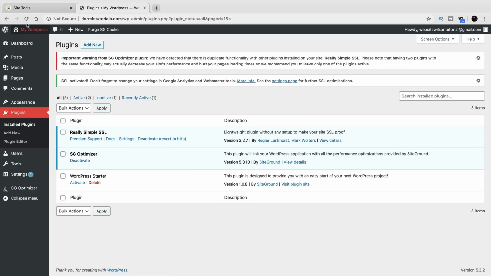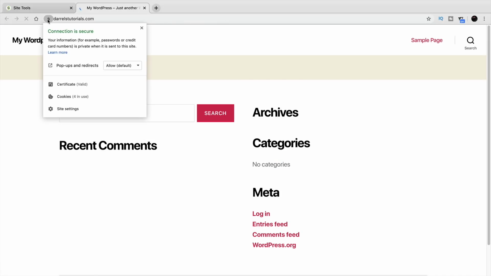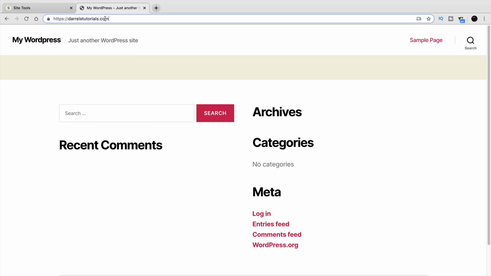All right, and you can just go to visit website or refresh the page, and you're going to see now we have this padlock right here. And now you can see that the connection is secure, and Google will no longer warn people that our site's like a spammy porn website or none of that stuff. So now you can see our website's fully secure. And again, remember to log back in,